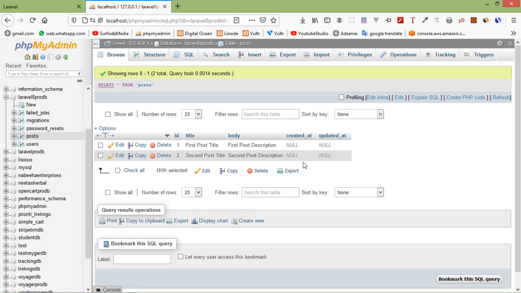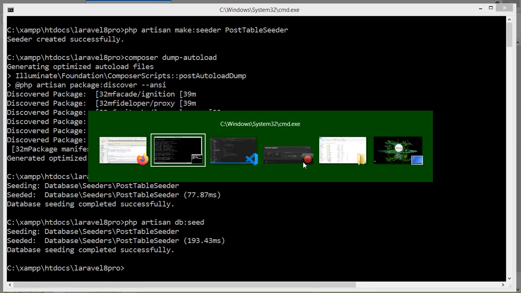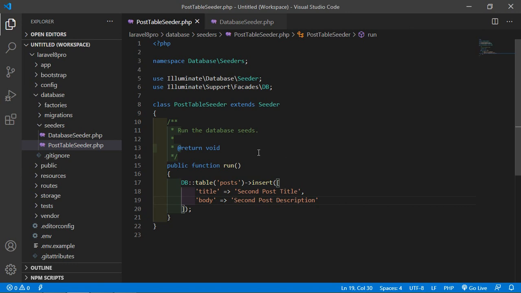We also need to insert multiple records at a time. So go to the post seeder, and here I am going to use the Faker package.